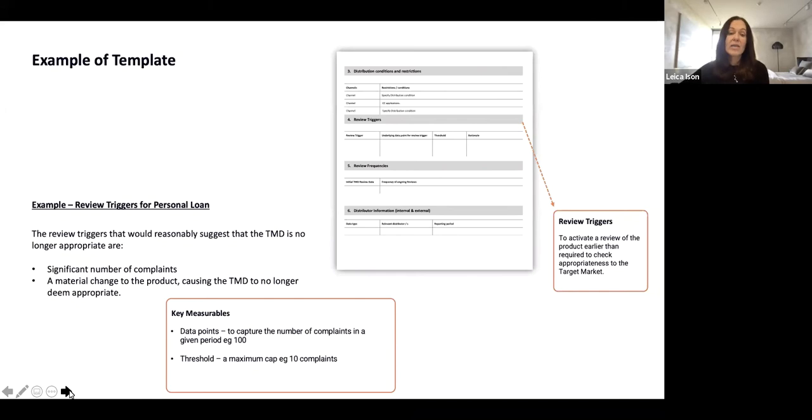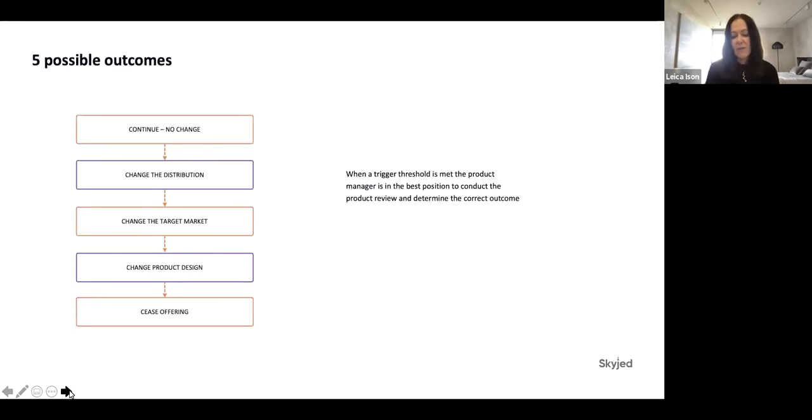So just finally on these triggers, just to really reinforce this challenge with setting those data points. Starting off with the data points, selecting number of customer complaints, if you're looking at customer complaints, thinking about the life stage of the product, and then monitoring those thresholds with a tool. In terms of these review triggers, we've set our target market, and we've looked at some of the challenges with the review triggers.